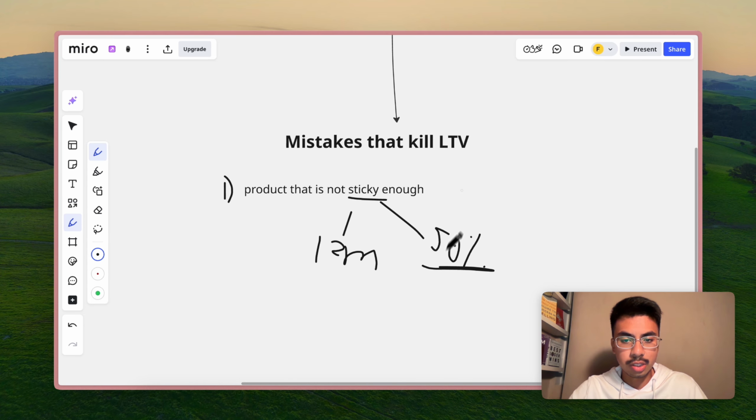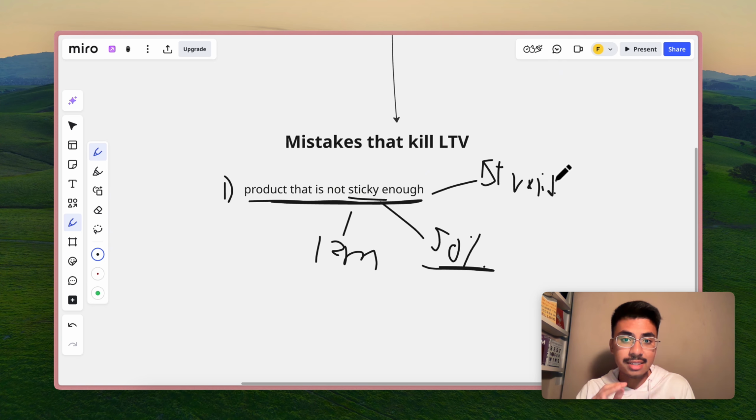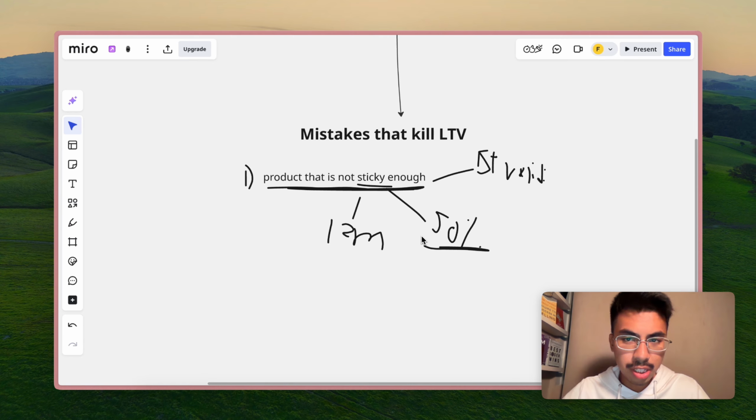So this is, I would say, the biggest mistake that people make: not having a sticky enough product. And this should be the first step in your validation process, literally when you are building the idea of your product. If you have come this far to have already built a product and already distributed, doing either organic content or paid ads, and you don't have a sticky product to begin with, then I mean, you're in a sticky position yourself, you see.